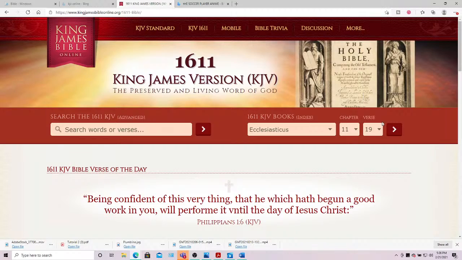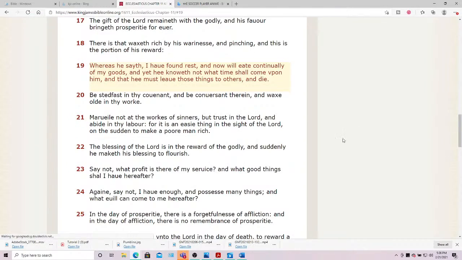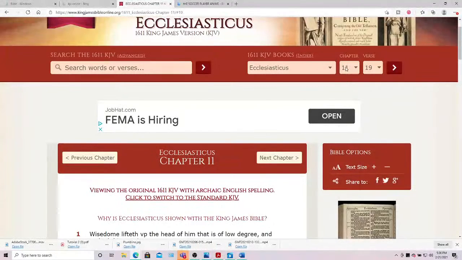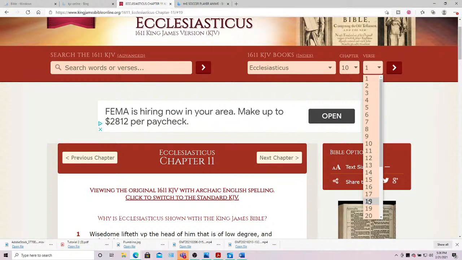So I'm going to pull it. Actually, excuse me, that's the wrong precept. It's 10. I don't know why I was thinking about 11. All right,